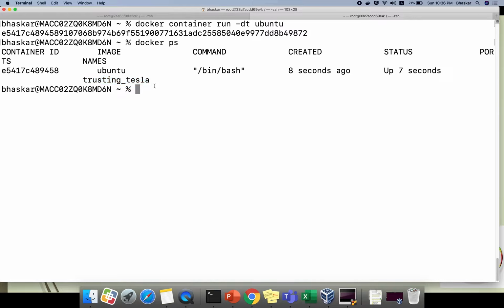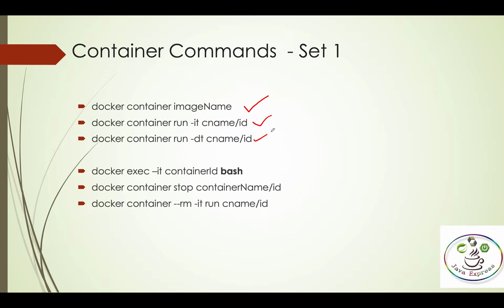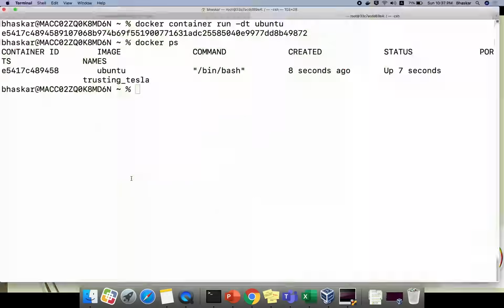Now it is started. Maybe you have a requirement, I want to log into your container. Then how will you do that? This is running in the background. Now exec is the command you can use to go inside your container.